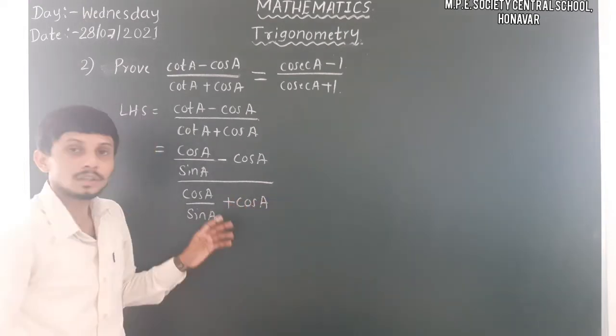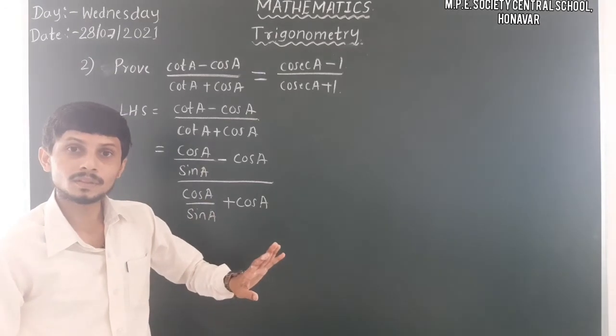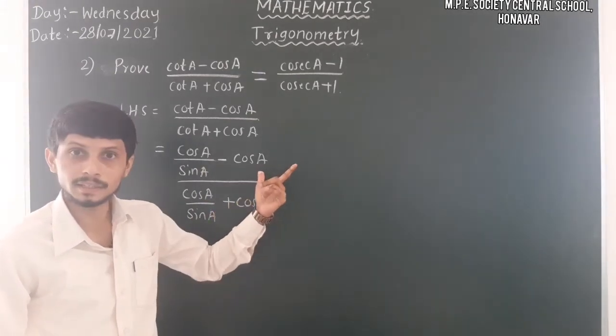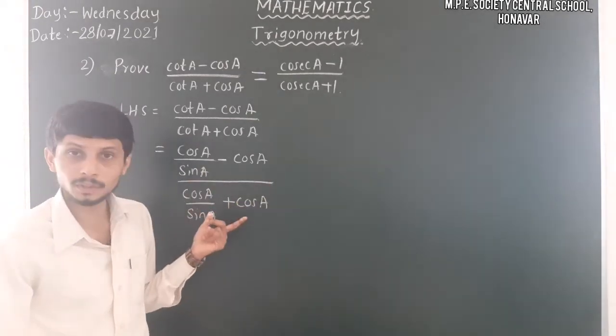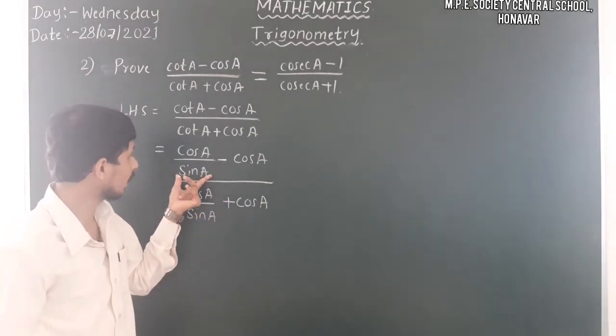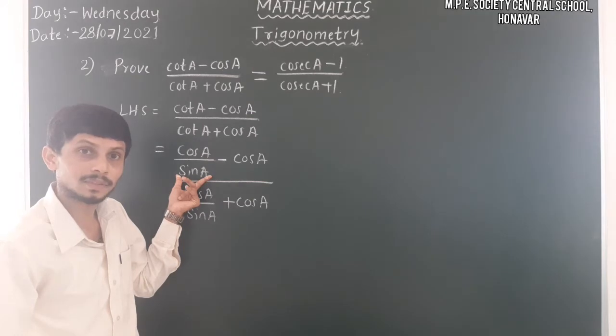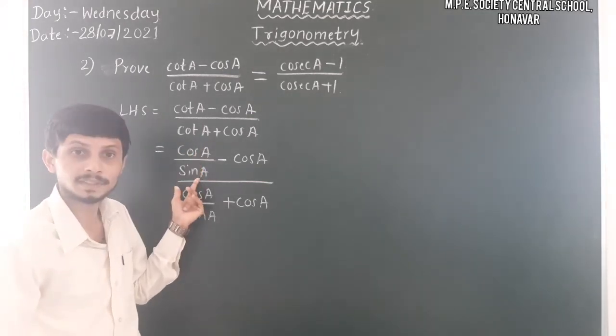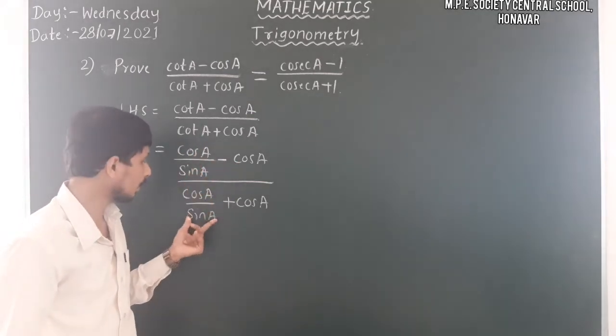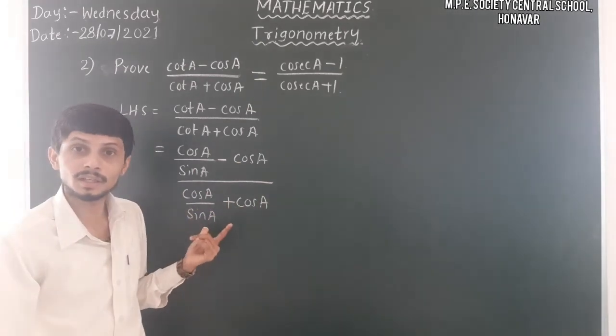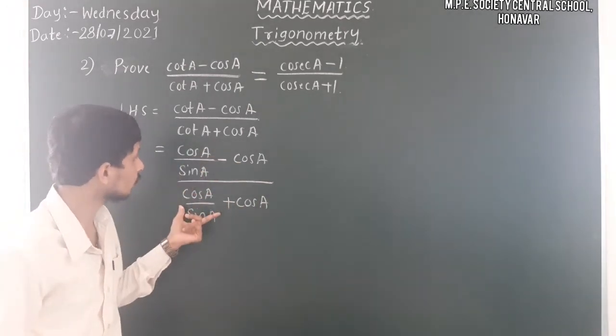Yes. So then we have to think about cosec A again. Try to think whether it is possible to get cosec A. Yes. Here just observe, in the denominator we have sine A. That means we can directly convert it into 1 divided by sine A. 1 divided by sine A is nothing but cosec A. So here we can get cosec A in this part.